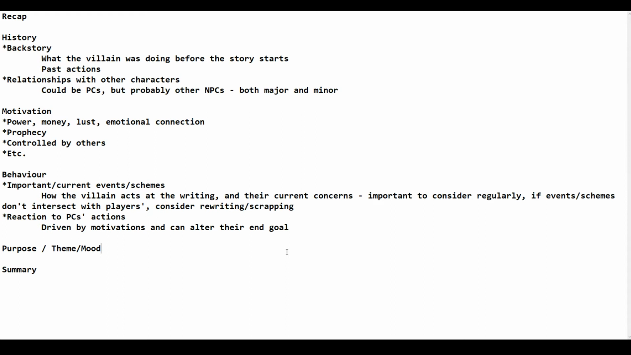But I like things to have a purpose, to ground them in the world, to have consistency behind them. You don't have to have this, because their purpose is that they're a villain and that they're acting against the characters usually. But having a thought about